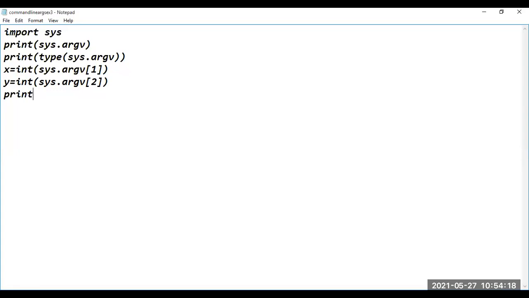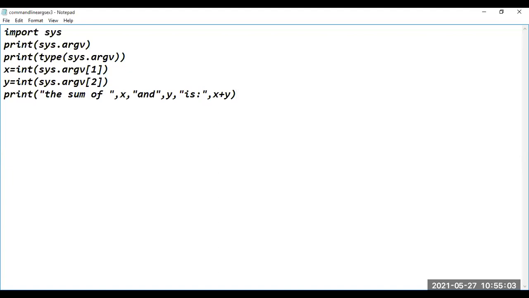So here I'm writing print of the sum of, comma, x, comma, and, comma, y, comma, is, colon, comma. Here I can mention x plus y. Is it clear?